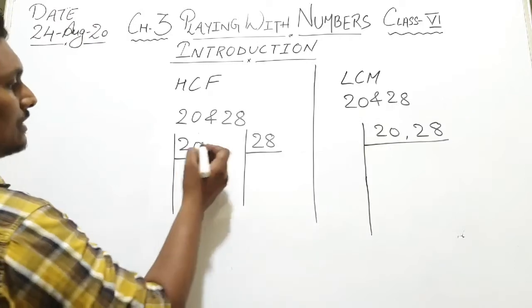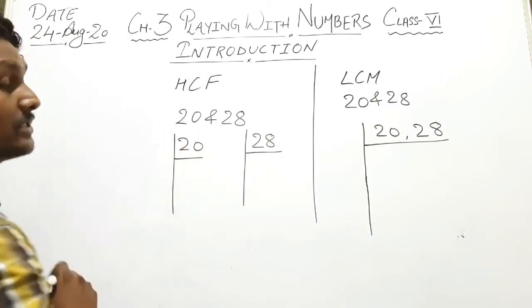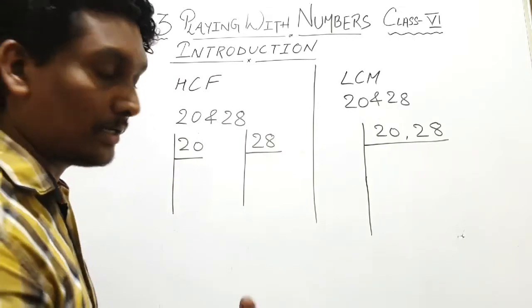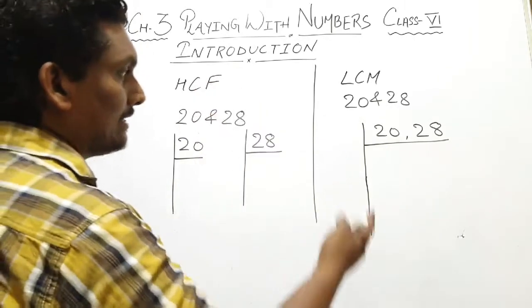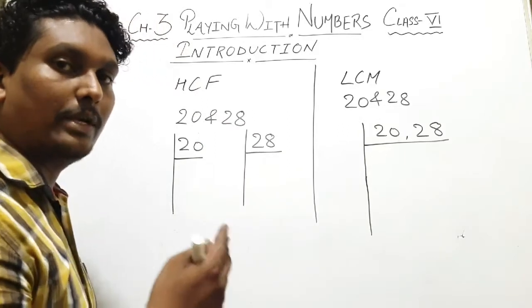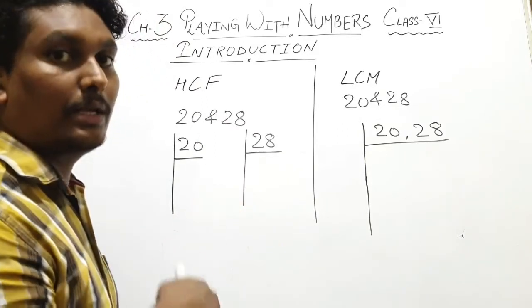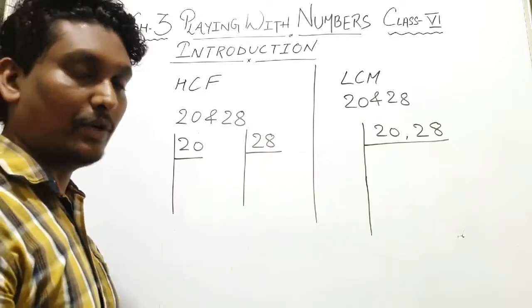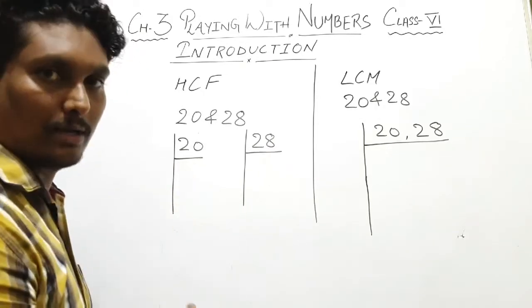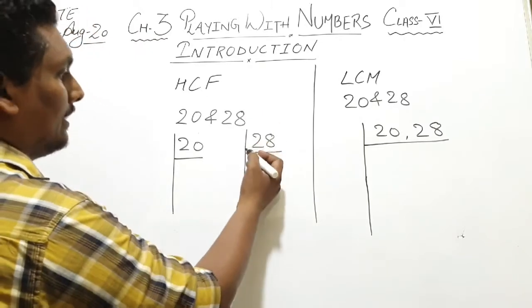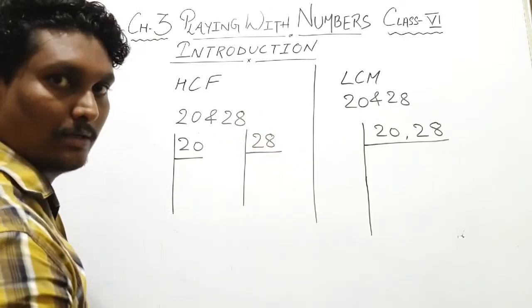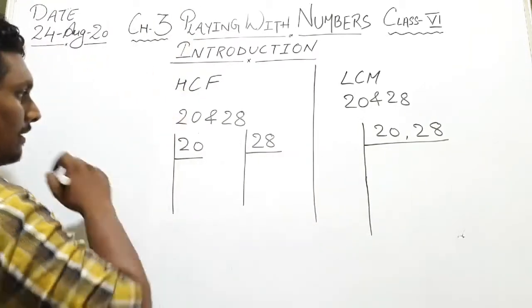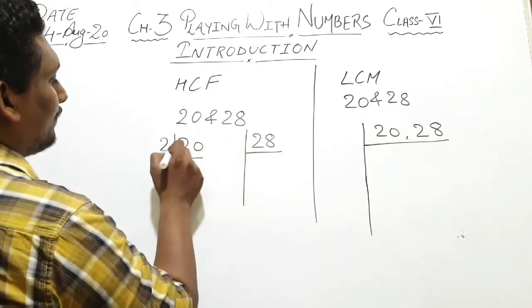Okay, so here it is 20, so we will start with the number 2. So always try to start the highest common factor, LCM or prime factorization, if it is possible, with 2. Then if it is not, go for 3, then 4, then 5, 6, 7. Don't include a big number here, right? Don't write 4 into 7. Okay, that will give you trouble. So just go with the 2.